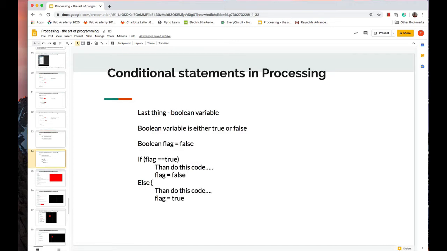Okay. Last thing, Boolean variables. Boolean variables are either true or false. Personally, I like using flag for that. That's probably just because of the way I was taught. If flag is true, then do this bit of code. Flag is now false, and then else, do this code. So this is a good way of doing Boolean yes or no, true or false, but it's also a good way to flip something. So if you wanted to alternate something,